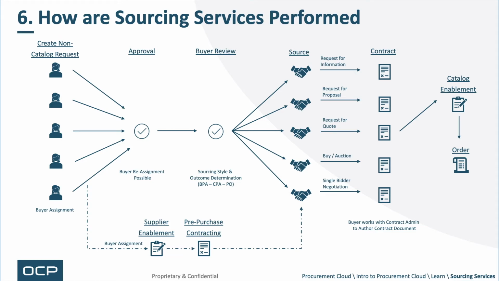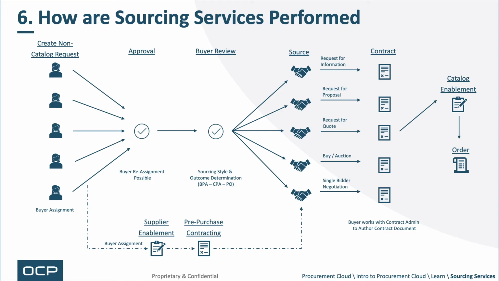So it could be an RFI to get information. It could be a request for proposal when you need it to be proposed, meaning procurement doesn't even understand how this is going to be done. The supplier will propose. If procurement knows how, they may just want a quote on the hours, rates, unit cost. There could be buy auctions or sell auctions. And sometimes they will use a negotiation simply, it's non-competitive, but you can use that single bidder negotiation to force